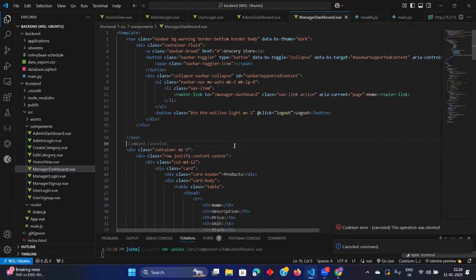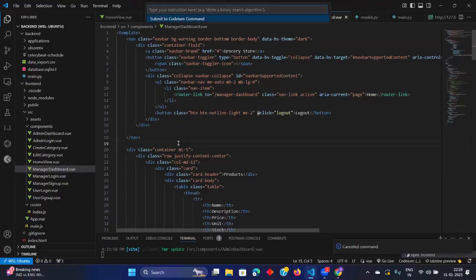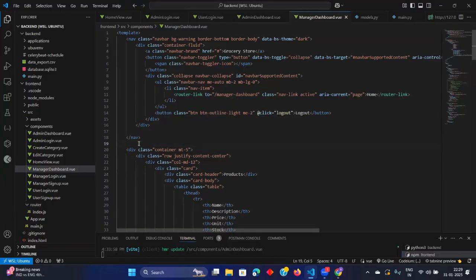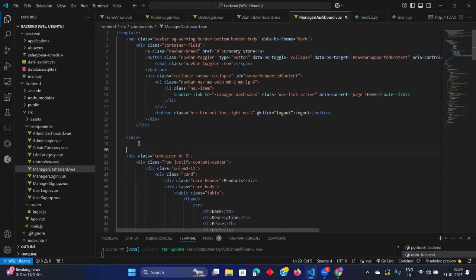Alt C, let's do. Let us create on our own. Look will be bad, but let us create on our own. Okay.